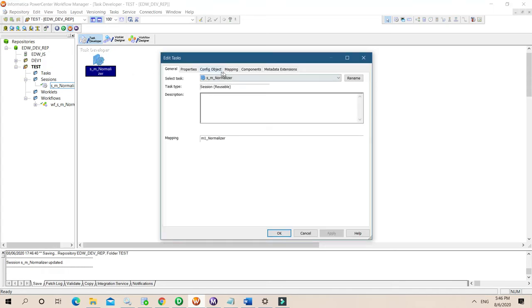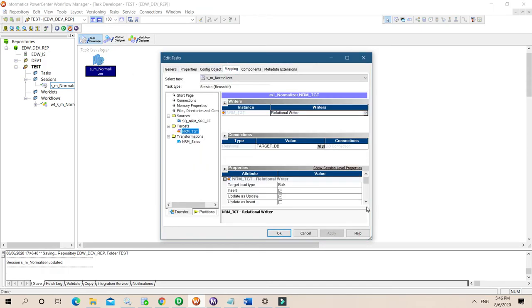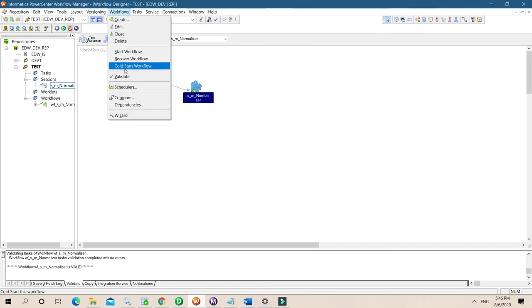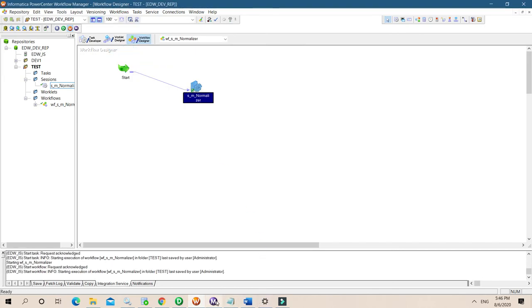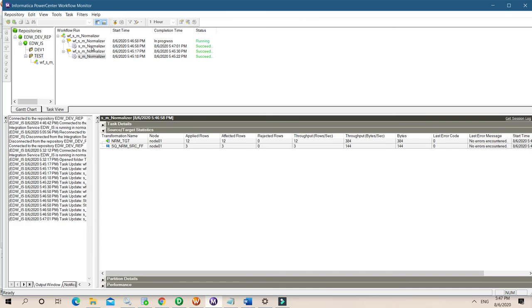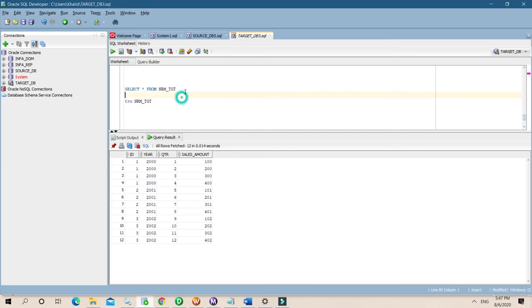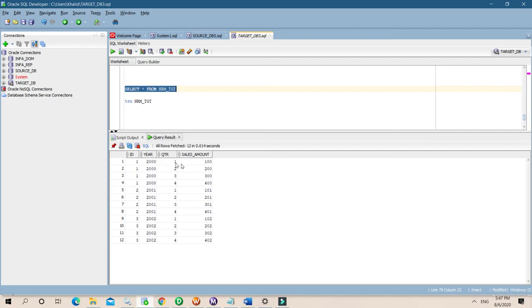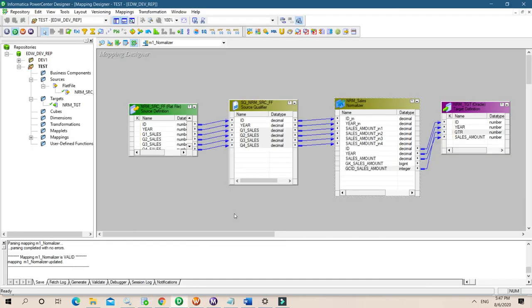Okay, one more thing. Let's do it. We'll truncate the table before loading. Now let's start it again. Running, and it succeeds also. So 3 and 12. Now check. Here it is. 1 2 3 4. It again starts from 1, 2, 3, 4, like this. So this is what we have achieved.